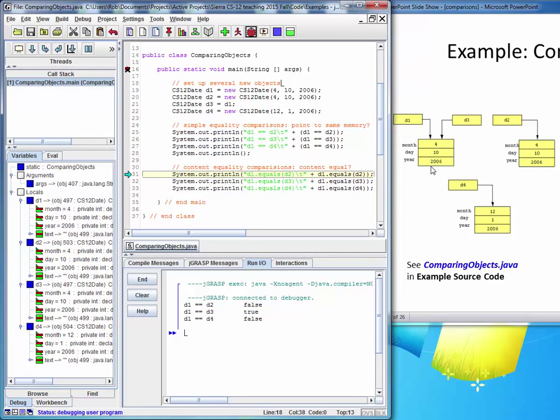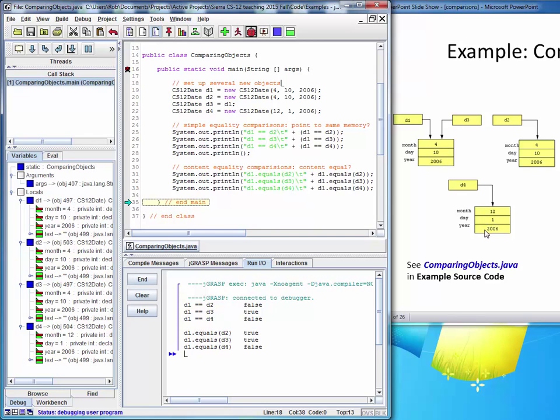the content. And in this case, these two should be equal because month, day, and the year of this one are equal to month, day, and the year of this one. So this result will be true as we really expect. D1 and D3 will again be true, but now we're actually comparing the content of each of these objects, which is synonymous for these two, so it's no surprise that this one is true. And then finally, of course, D1 and D4 is going to be false because this date is clearly different from